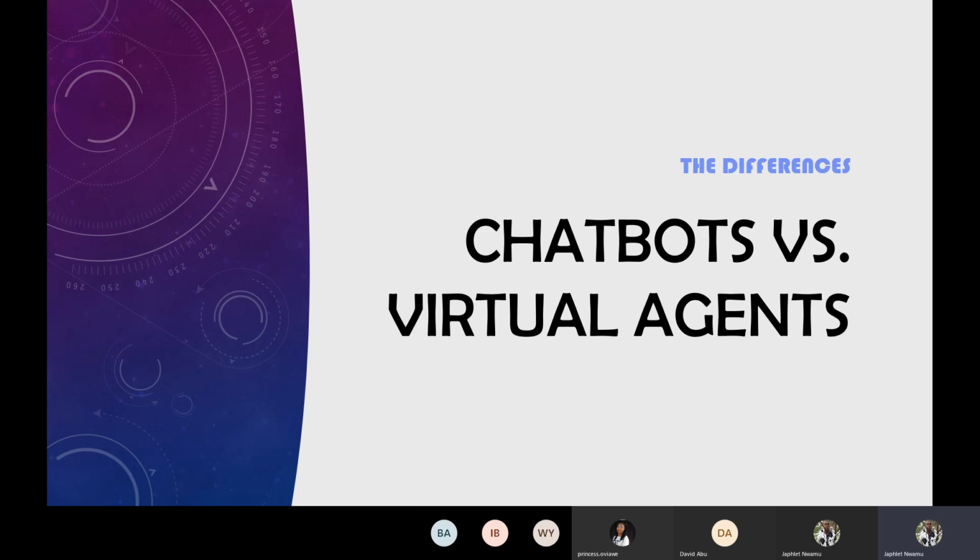So quickly, let's see how Power Virtual Agent works and what it looks like. So I'm going to reshare my screen so you can see my browser.